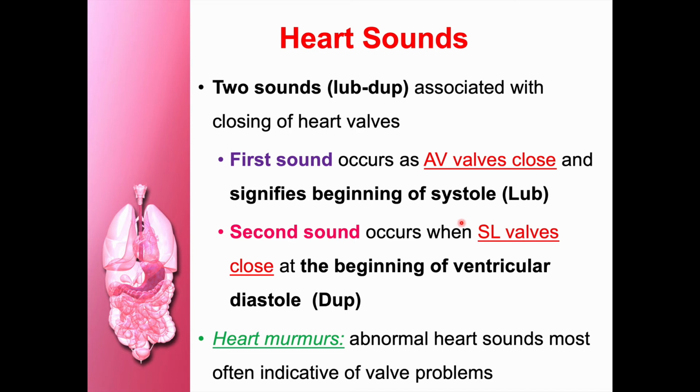Okay, when there is damage to the valves, or damage to the chordae tendineae, or if there is narrowing of the valve, then there is some extra sound which we call heart murmurs. There are different types of murmurs: systolic murmur, diastolic murmur, pansystolic murmur, end diastolic murmur, many types of murmur. Murmur is an abnormal heart sound.